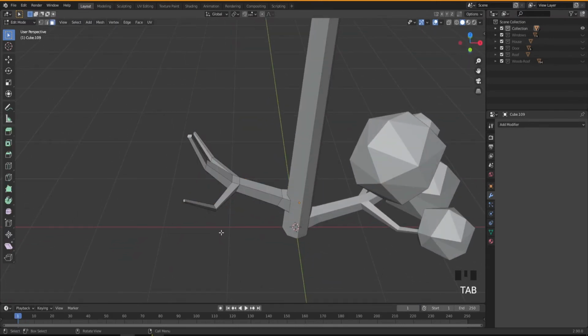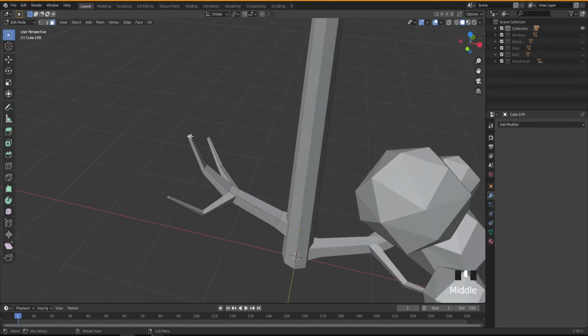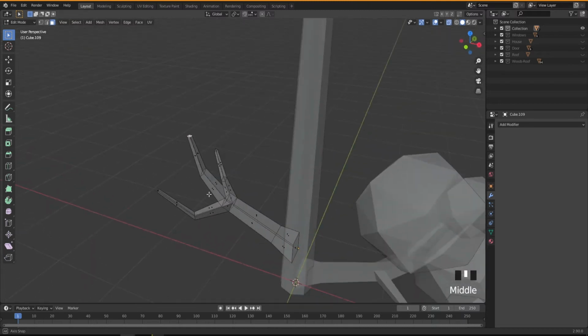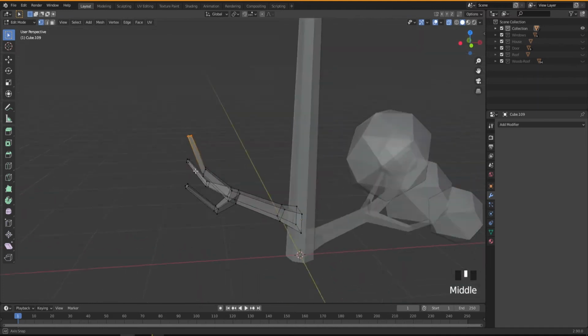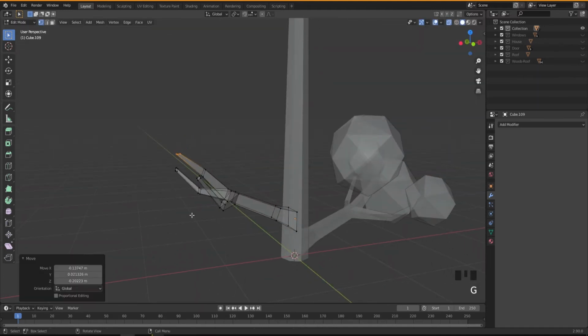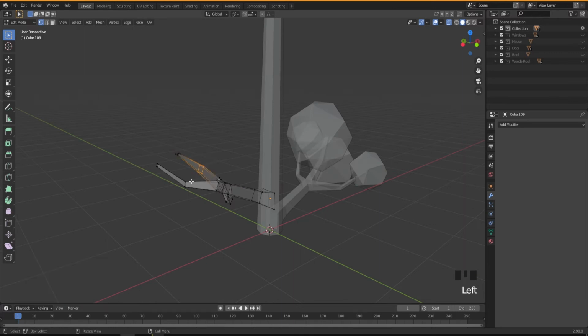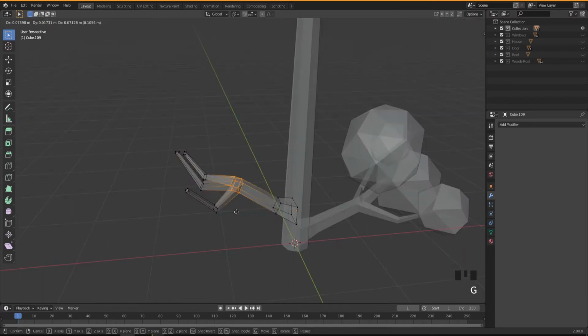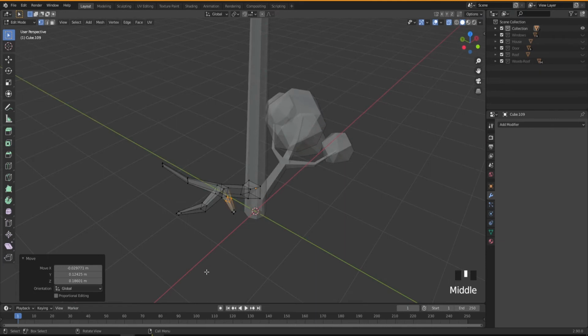So by pressing top, going inside and then going into X-ray mode, I'm just gonna move this object with G, this, the middle one, so G, then that should be fine.